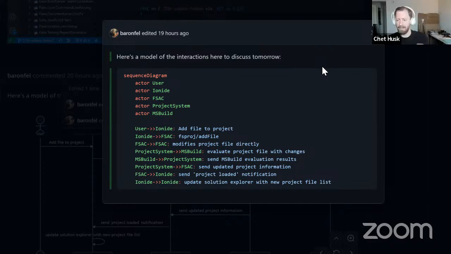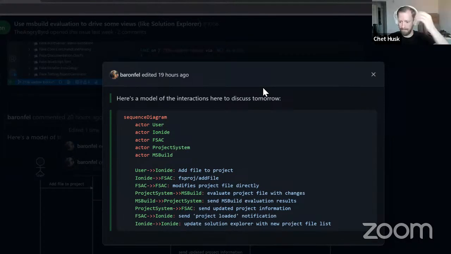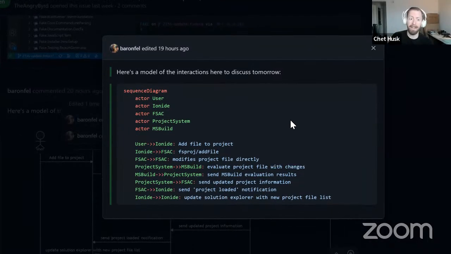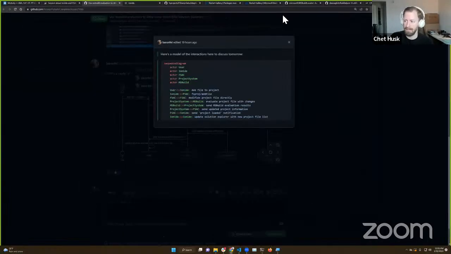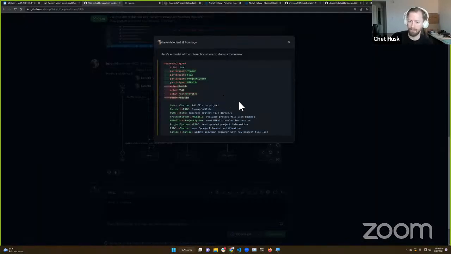Each actor is one of the components of the system, and then you just have little messages from A to B, and they're roughly ordered in the overall duration of the operation, right? So very low effort, very high reward, I think, in terms of making it easier to communicate things to people that aren't actively in your brain at the same time.